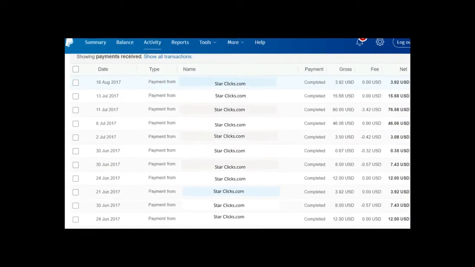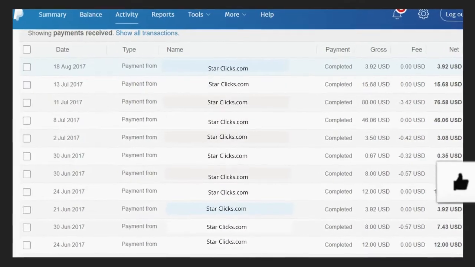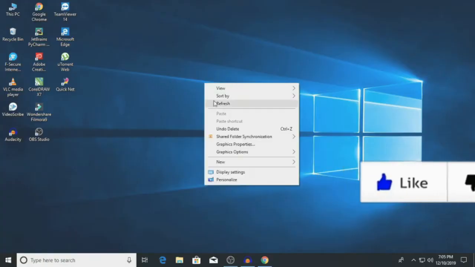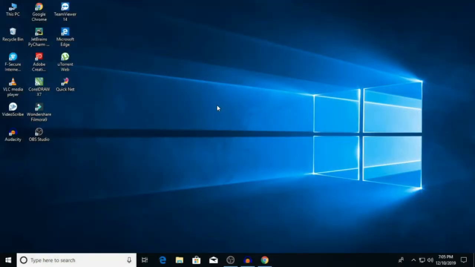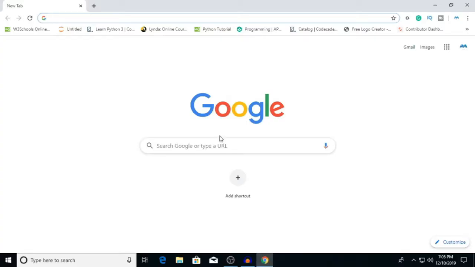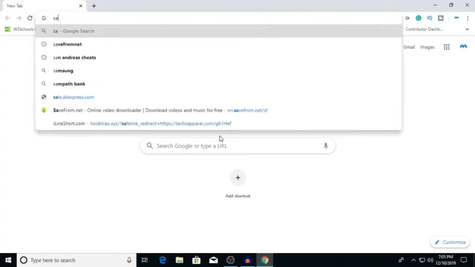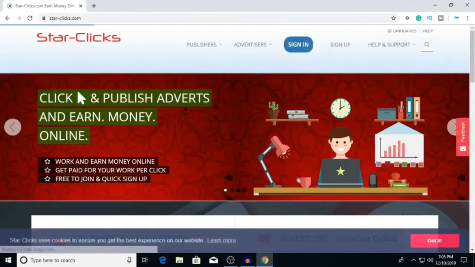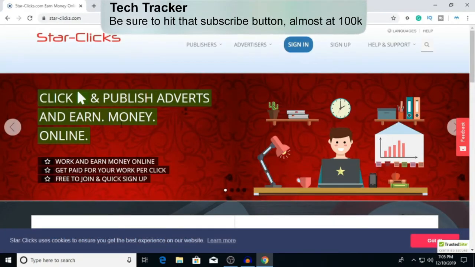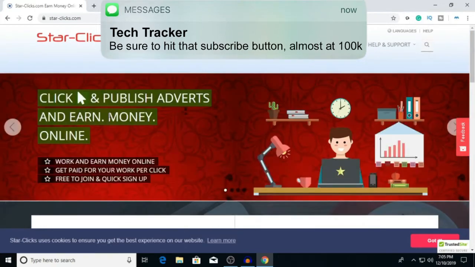And this is the proven way I earn money from StockLeaks.com. Okay guys, to earn $10 per day online, I have a super quality idea. For anyone who is jobless or anything, just open your web browser and search for StockLeaks.com. On this website, you can make $10 to $100 per day by just clicking ads, or you can advertise